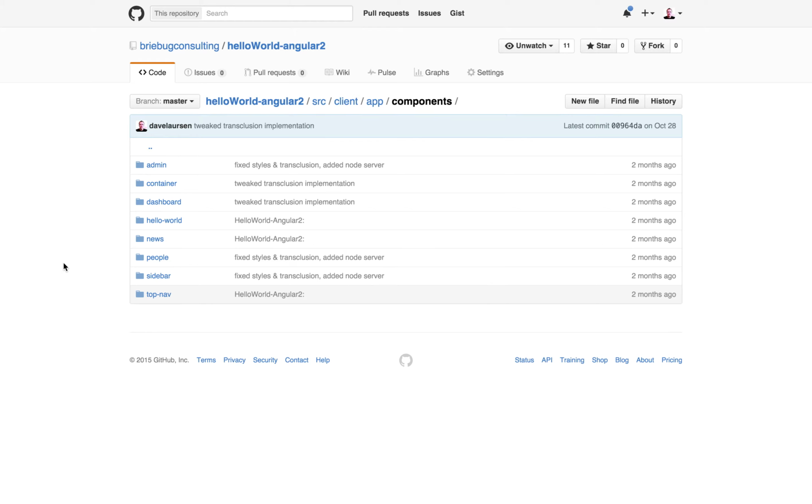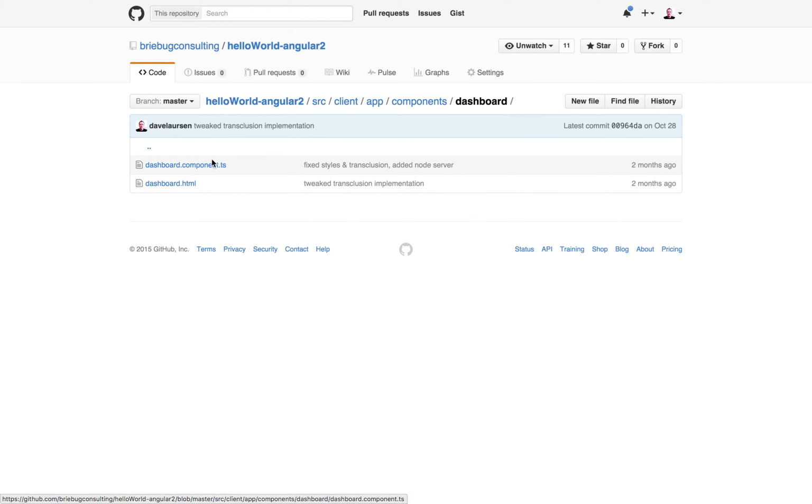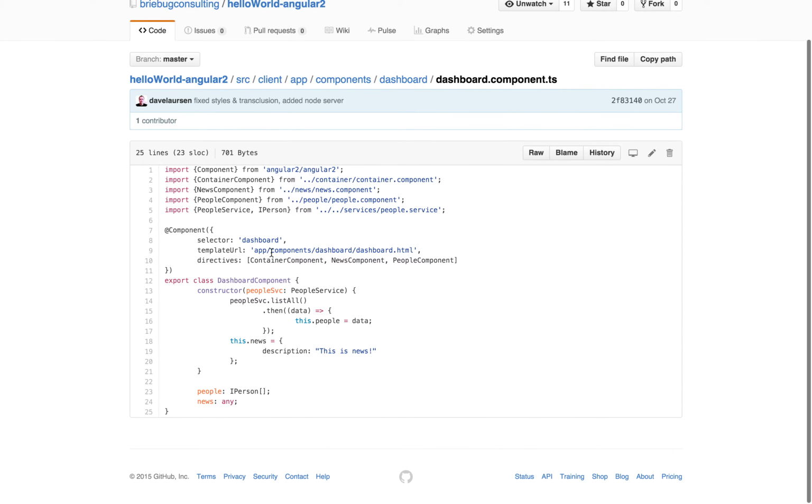Now, when we're routing, we saw how you can go to dashboard or load admin. So let's take a look at dashboard. And this is a good example of that tree structure. So dashboard itself here, you can see it has its own child components, the container component, news component, and people component that are used in its template. Here we're injecting people service, which we're pulling out from services, which we'll take a quick look at in a second. Using that to load the people data that we need from the server,